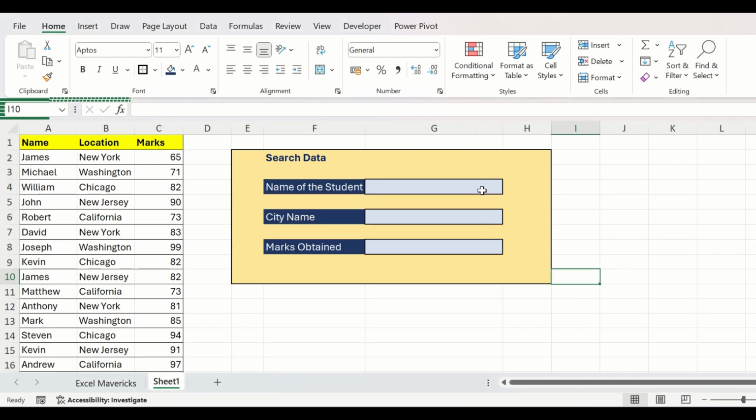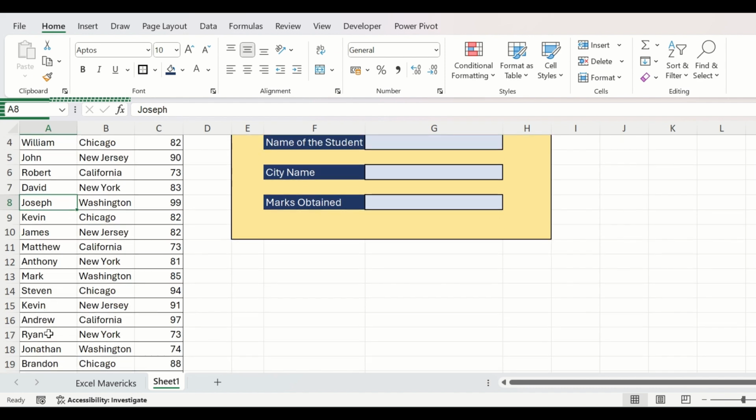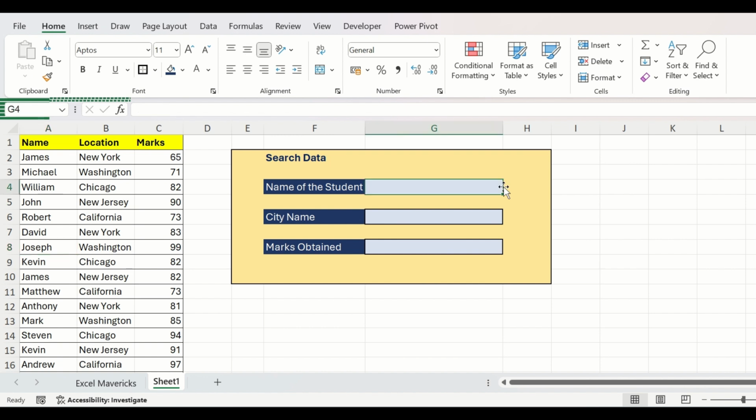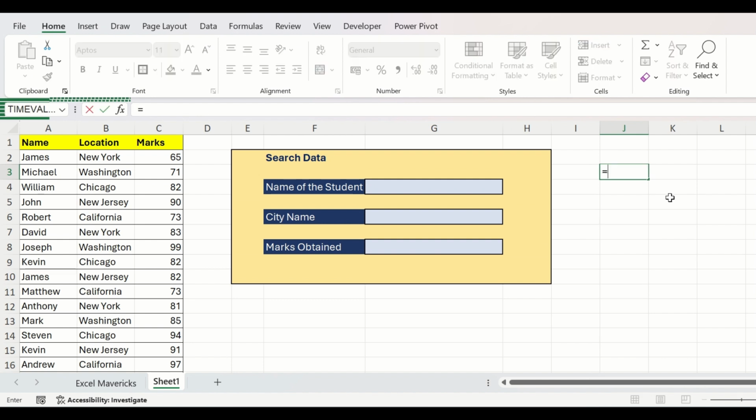Now the next thing is we need to connect the drop down lists with the data set that are actually required. The names of the students contain repeating values, like there are 4 James, also multiple number of David, Stephen and so on. We will want that when we click on the drop down list of the name of the students, only the unique names will appear on that. First we will use the search function,